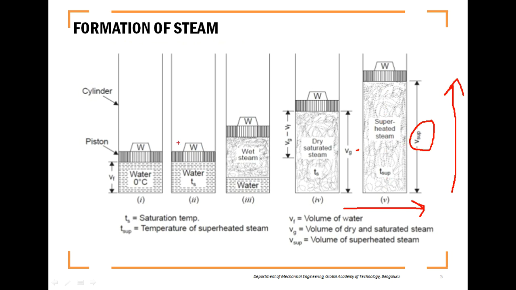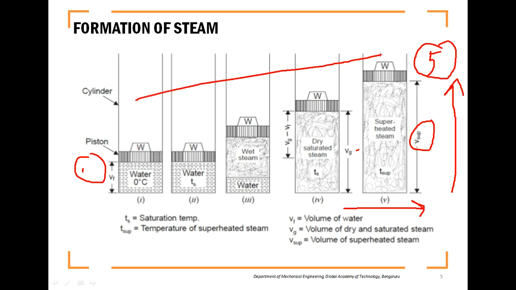So you can see the conversion of water from Vf, which is taken as the liquid in stage number 1, to stage number 5. So this is how the water is converted from liquid at 0 degrees Celsius to the steam at the last stage. So this is how the water is converted into superheated steam. We will not prefer dry saturated steam because the thermal efficiency is lesser when compared to the superheated steam.